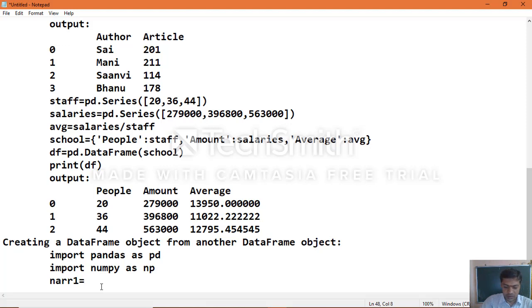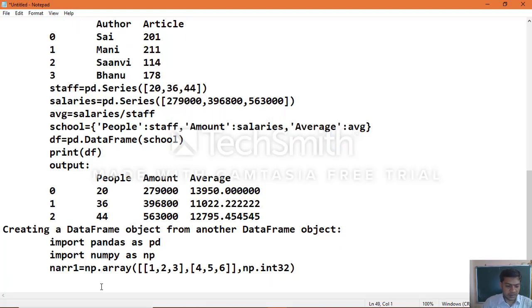Create nd array 1 equal to np dot array of the values which you specify: 1 comma 2 comma 3, comma 4 comma 5 comma 6, comma np dot int32, which we specify as the data type also.